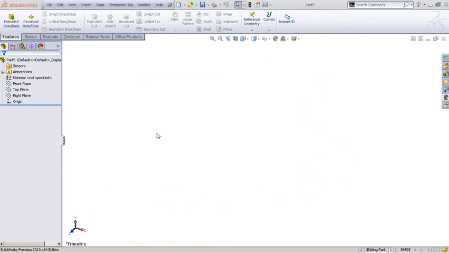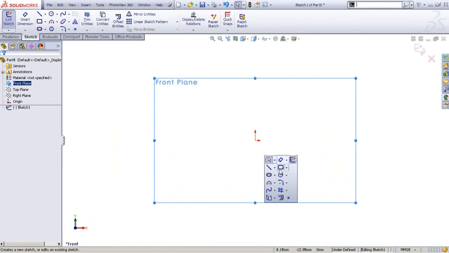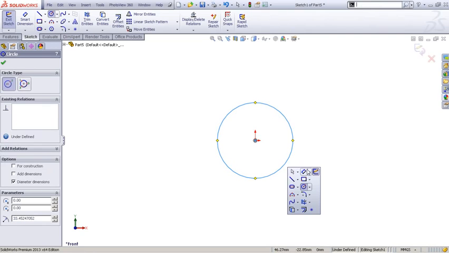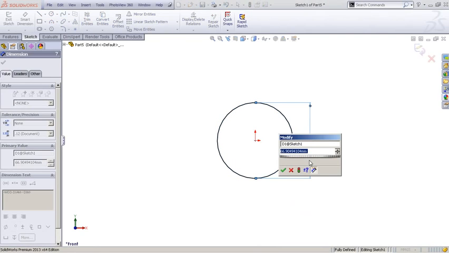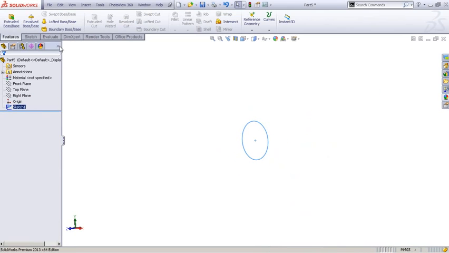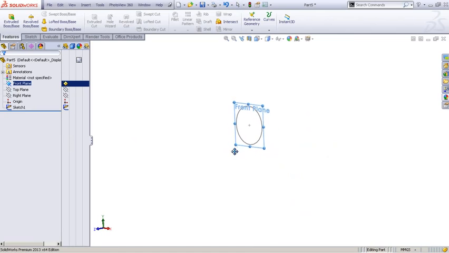Okay, we'll make a new part and start from the front plane. As usual, we'll draw a circle. We can make it, I don't know, 70 millimeters in diameter and accept this. For this purpose, I'm going to make the front plane visible. And then, probably the easiest way to achieve three profiles is to select this plane and